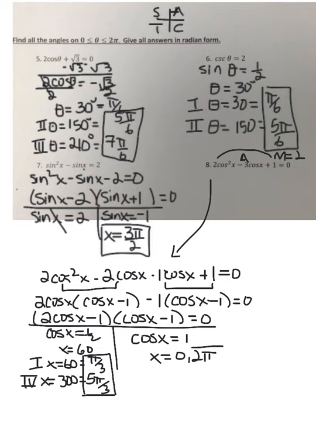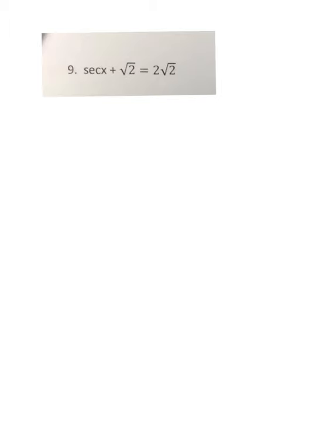And if you look at the domain in the directions, 2 pi is in that domain, so we can have that as an answer. All right, last one in this section, I would subtract over the radical 2. Please remember, that's a 1 radical 2. So when you subtract that over, you're doing 2 minus 1 right here on the right-hand side. So you're going to have secant of x is equal to 1 radical 2, or just radical 2,